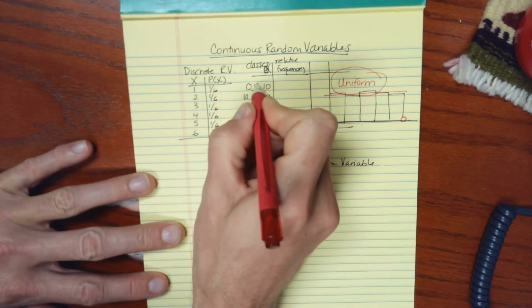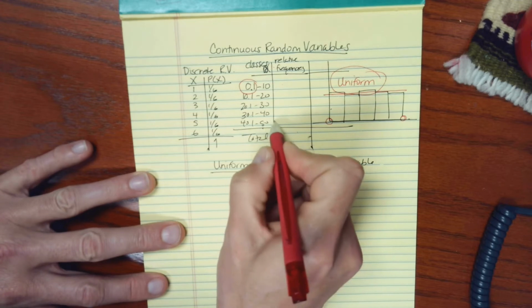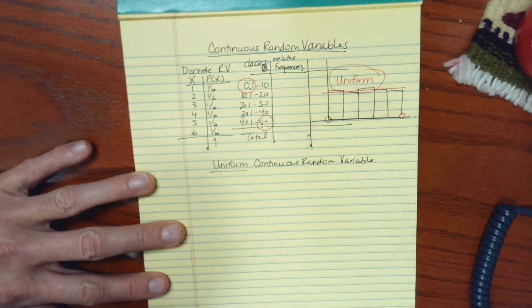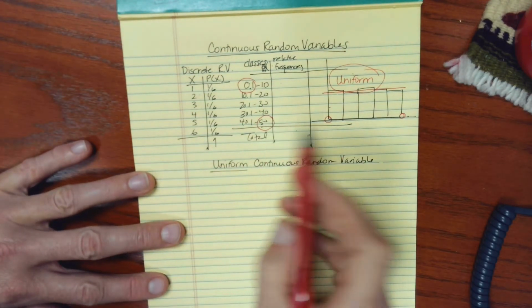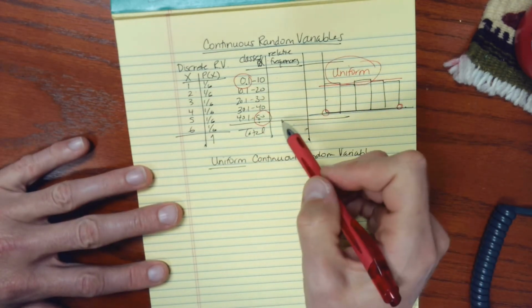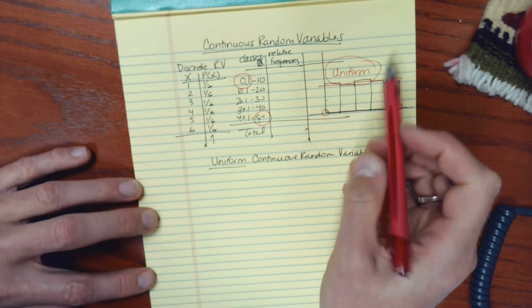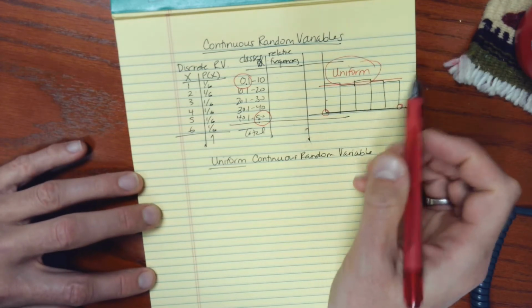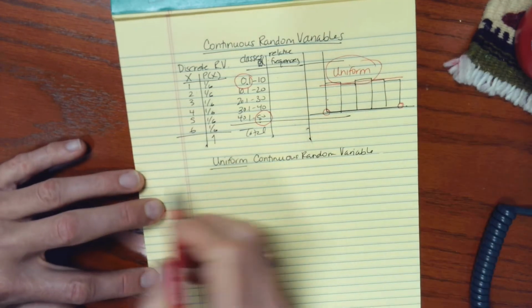In particular, I'd be looking maybe at the lower class limit and the upper class limits. And in fact, those are the parameters that tell us pretty much everything we need to know about a uniform random variable distribution, a continuous